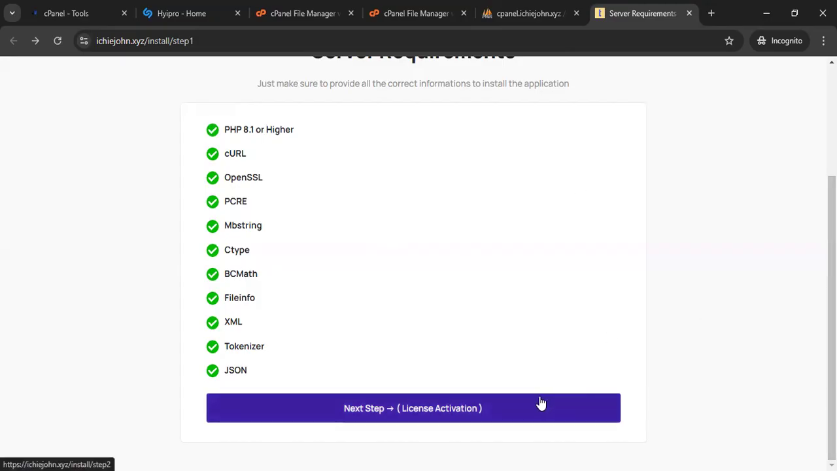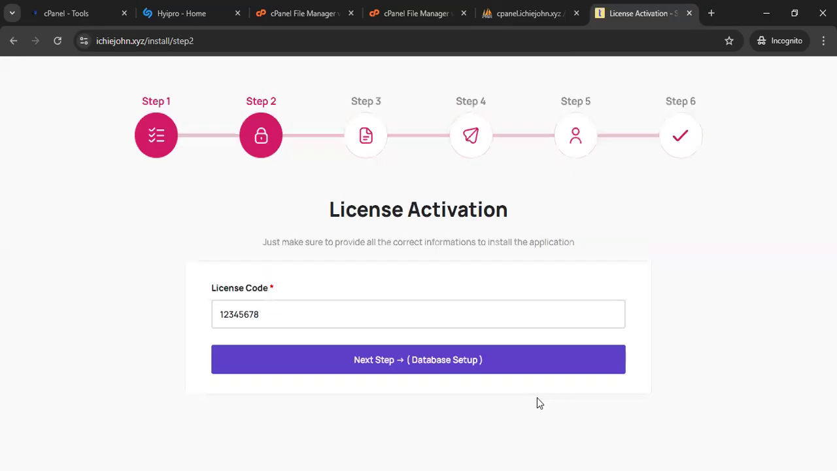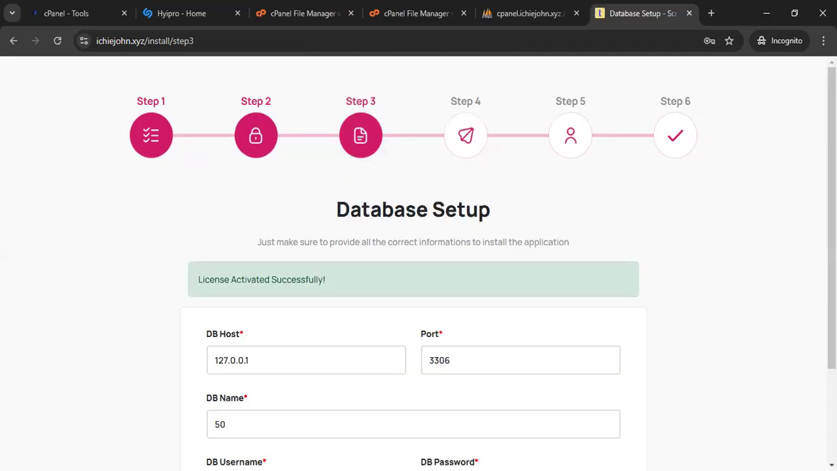So now the next thing you need to do is you click on next step, then license code. Well, basically, this is the license code. But like I said, until you get the script from me, that's when you can have this type of license code. If you don't get the script from me, whatever license code you're going to put here, it's not going to work. So now the next thing is you're going to click next step, and then this is where